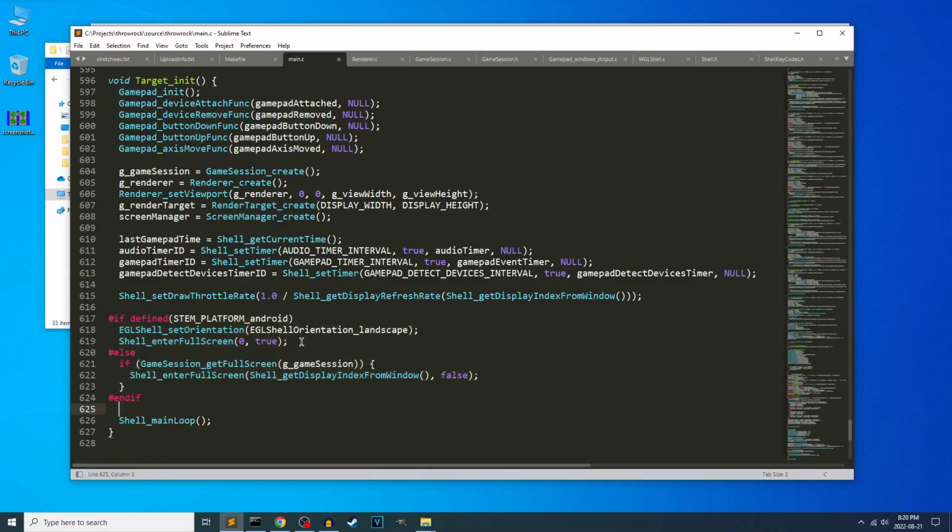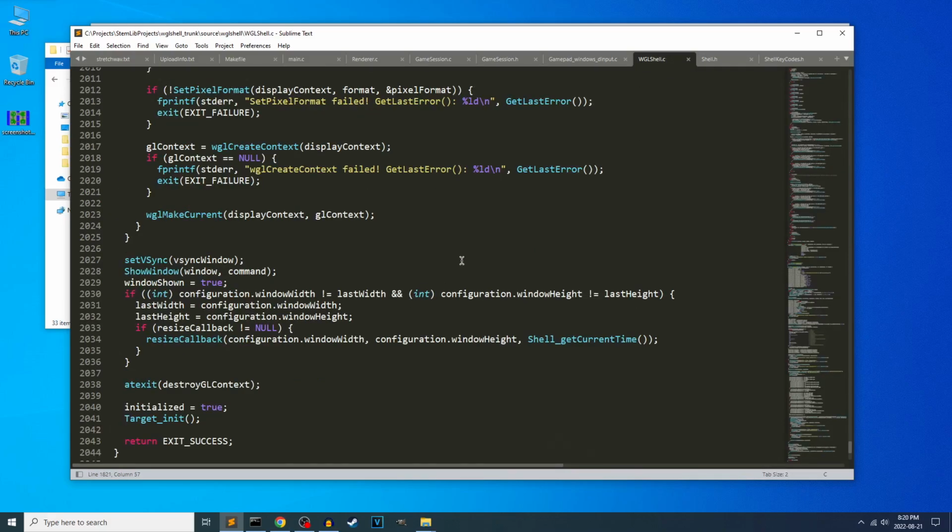Smartphone stuff, ignore that. If the preference to set the full screen mode is set, then I want to enter full screen mode immediately on startup. And then I call shell main loop. So this is the last thing I'm going to talk about today. Shell main loop